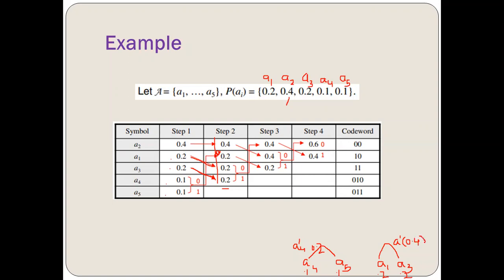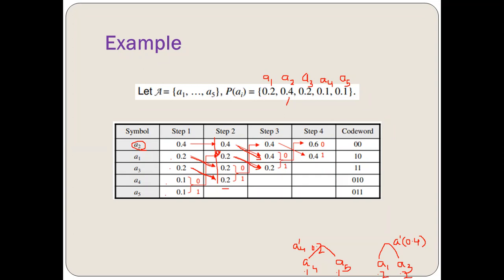Now this 0.4 should come at the top. I'll put it above the 0.4 that has the probability A2, so A2 has been slid here and A1 has been slid here. Okay, now this is 0.4 at the top.